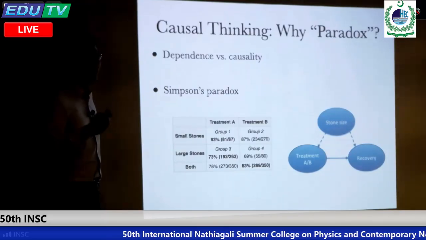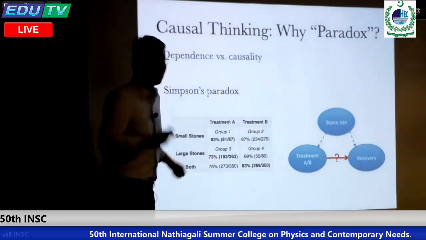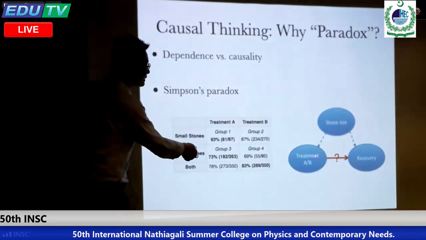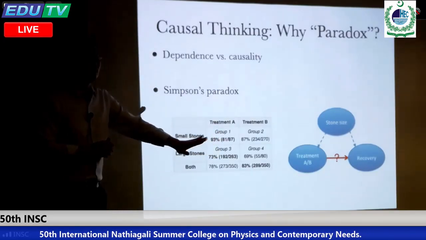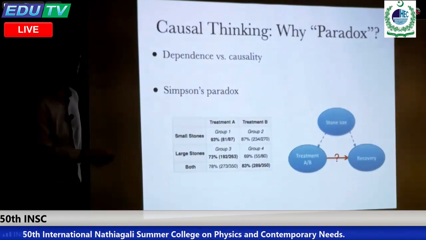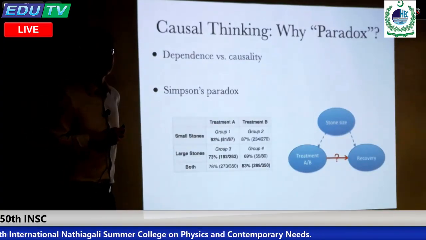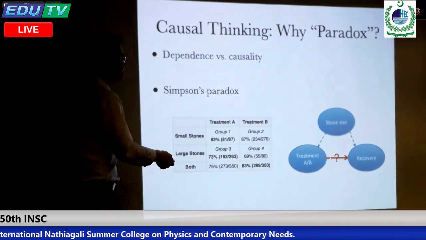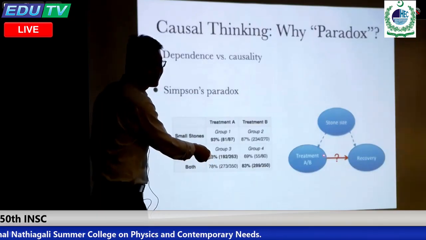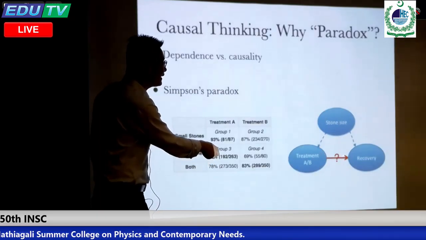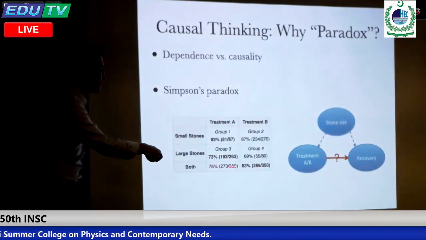And for that reason, although we care about only this influence, when we make a recommendation, we only care about this influence, the influence from treatment to recovery. We don't care about stone size because it's given, right? So this property can be totally different from the dependence pattern between treatment and recovery. Okay, that's why. So here we have to infer the causal effect represented by this question mark right here. Okay, and this causal effect right here can be totally different from dependence given right here in the last row.